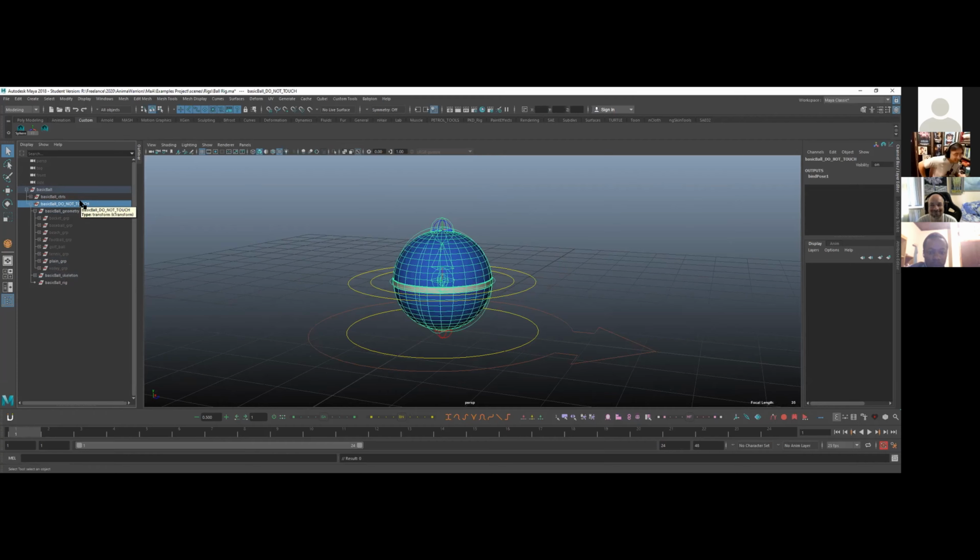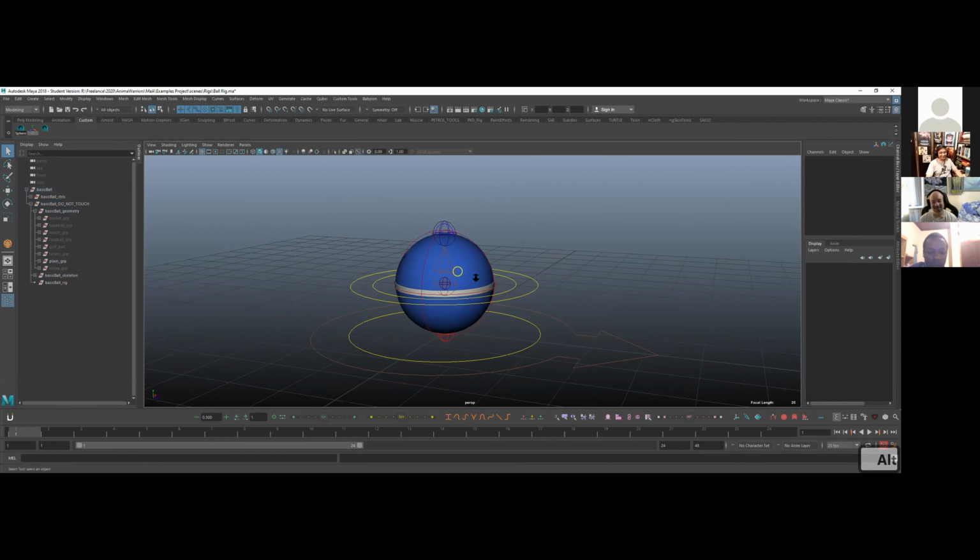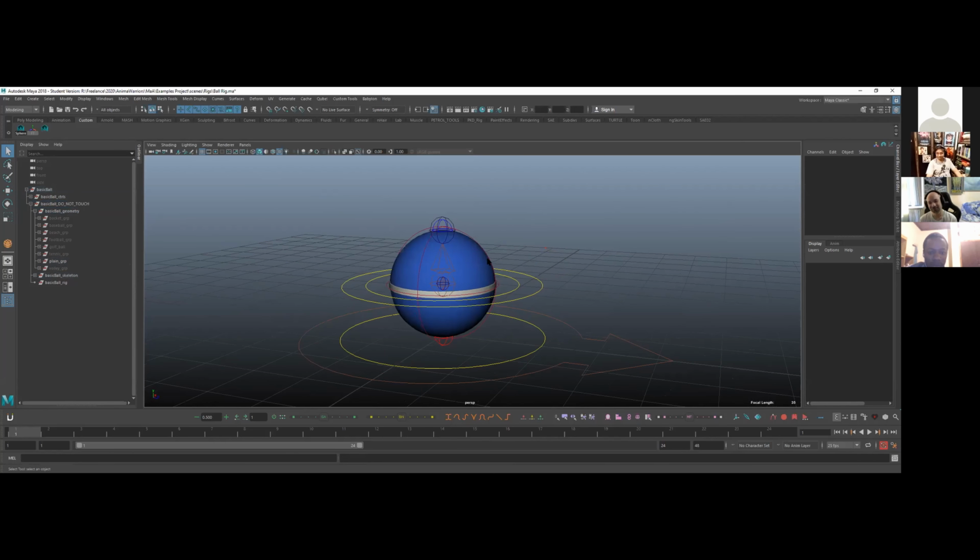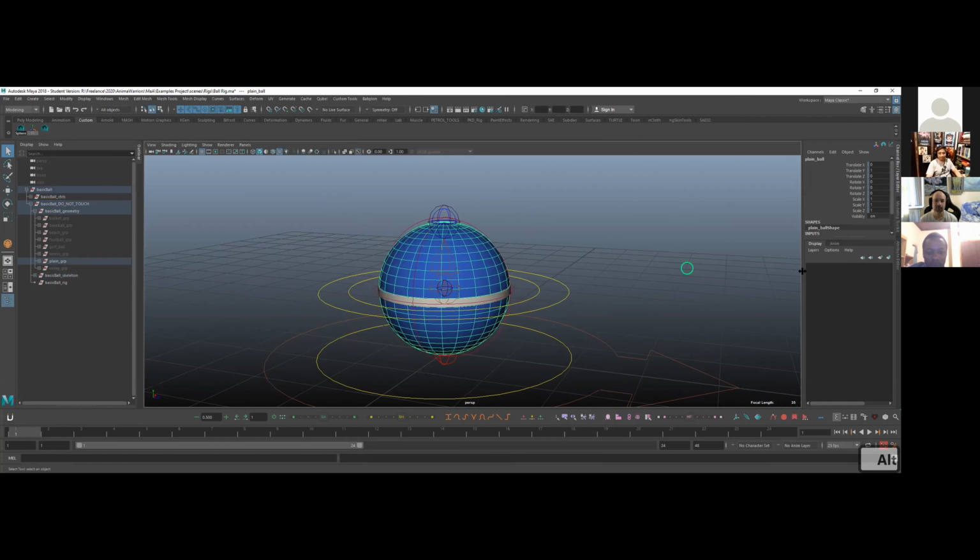And so when they tell you to not touch, do not touch. They mean it. Okay, so I want to go over the relationship between geometry and a joint. So these right here, underneath the channel box,